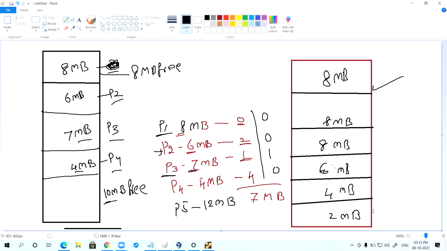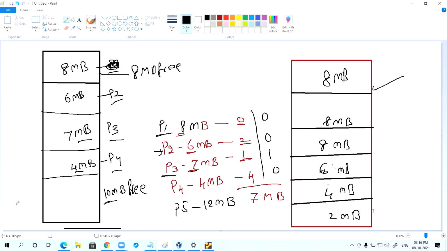So contiguously 12 MB is not there. This situation is called external fragmentation. Able to understand this scenario?